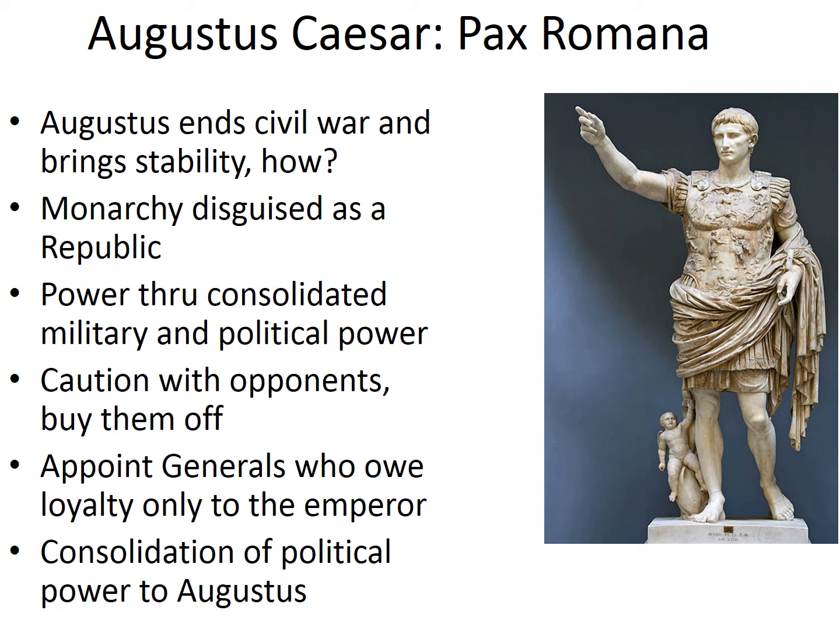When Octavian takes power formally in 27 BCE, he brings stability. And the way he does this is he was a very savvy leader when it came to power and when it came to the organized mannerisms of the old Roman Republic. So he ultimately is the individual who has complete authority. He has all the power. But he disguises the monarchy as a republic. And the way he does this is while he still had pretty much all of the authority, he will effectively delegate